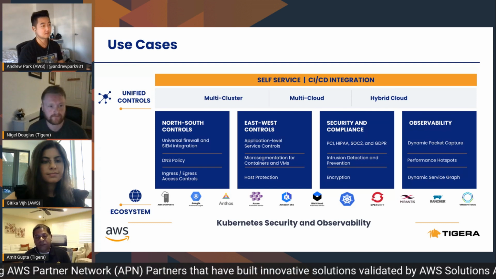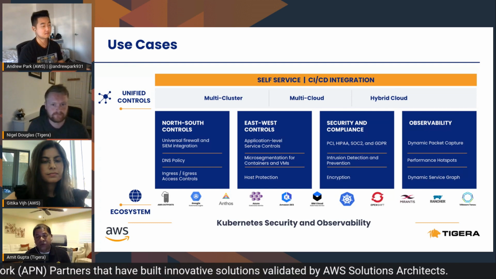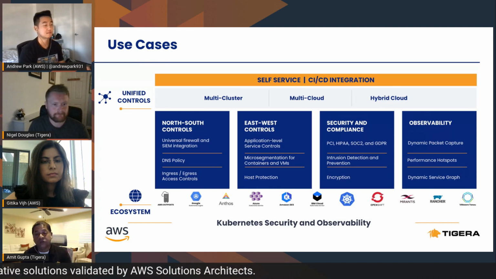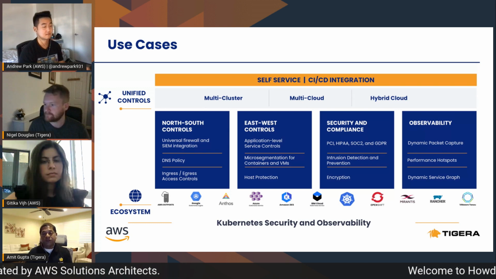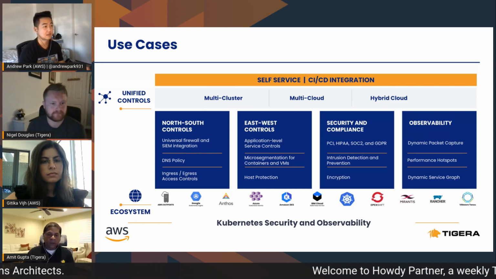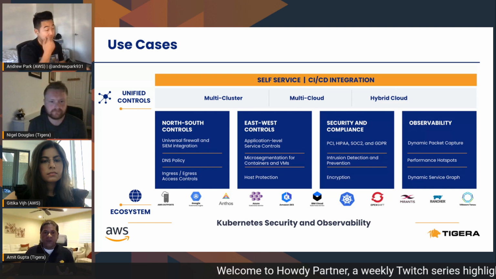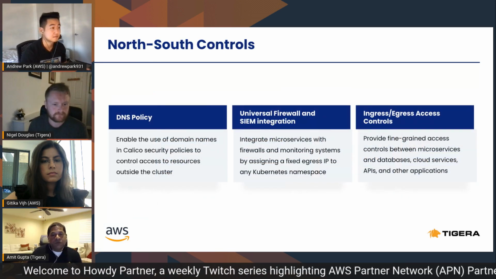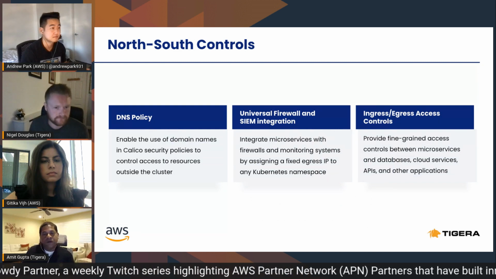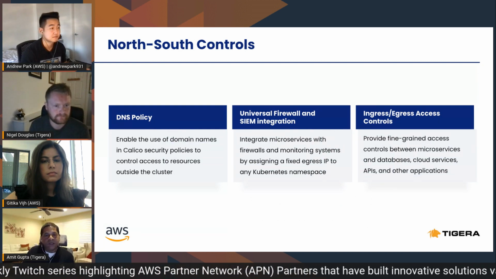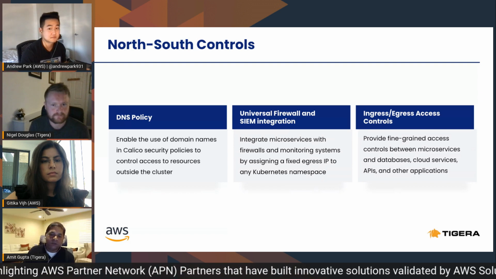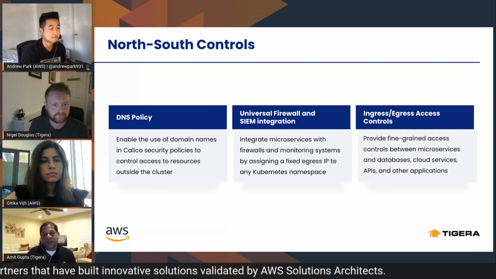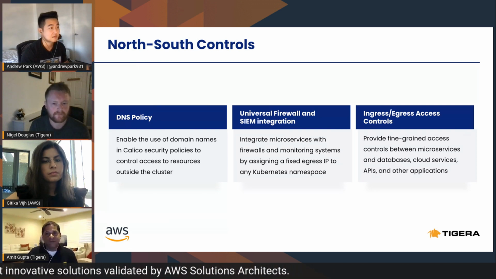All of these capabilities and the use cases apply to clusters and environments running in your data centers, hybrid, and so on. And you could do all of this in an automated fashion through your pipelines. So that's a very quick summary of this. Nigel, what I would request at this point is, why don't we start with the first set of capabilities around how some of these north-south controls could be implemented across Kubernetes clusters. I'll turn it over to you.